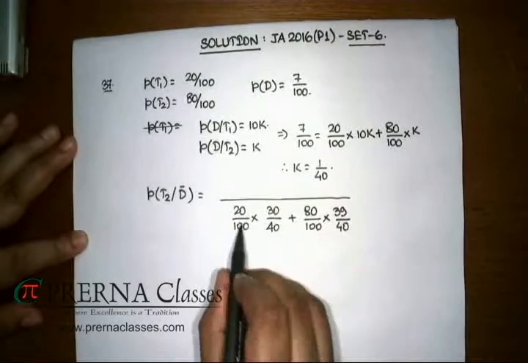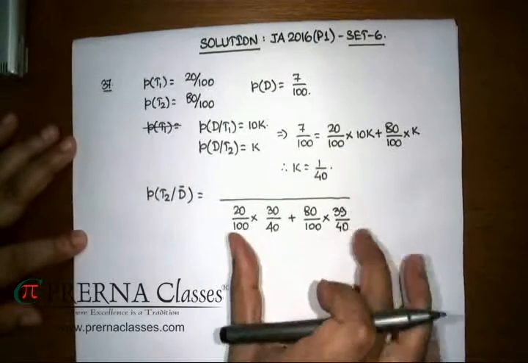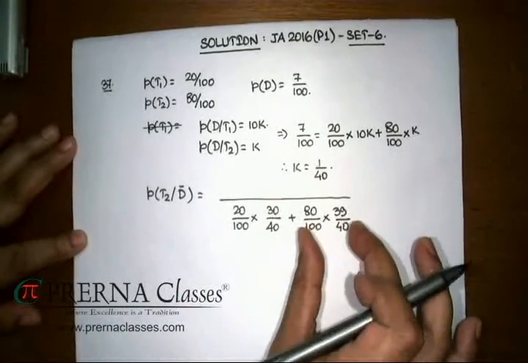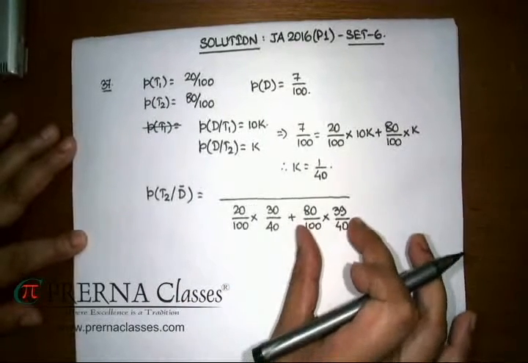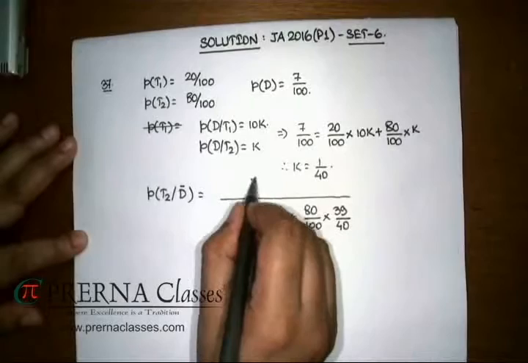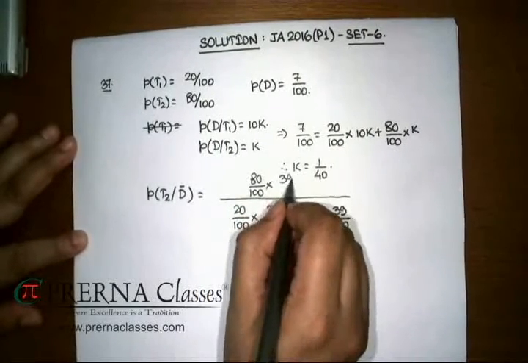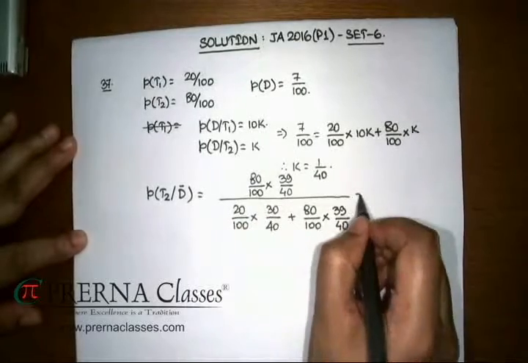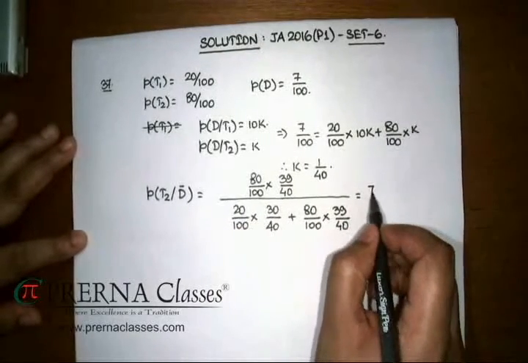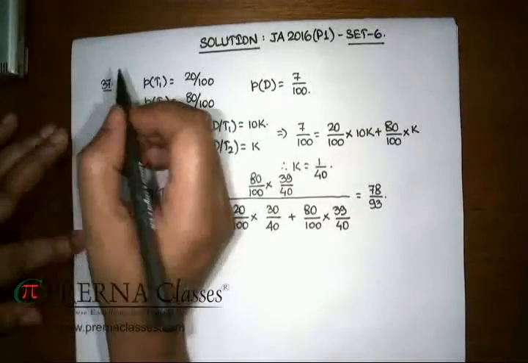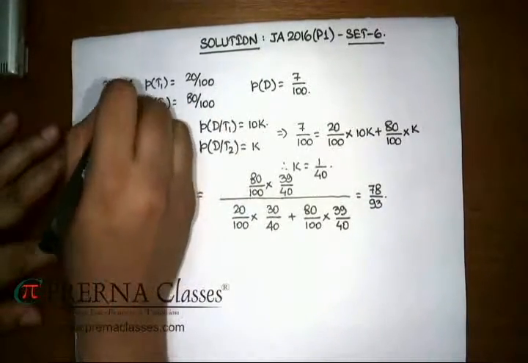out of the 2 terms which I have written here, this corresponds to the probability of D bar. We are actually interested in this second case. Clearly we have to place that expression in the numerator. Simplifying which we get 78 by 93 as the probability required, which is matching with the option C in that problem.